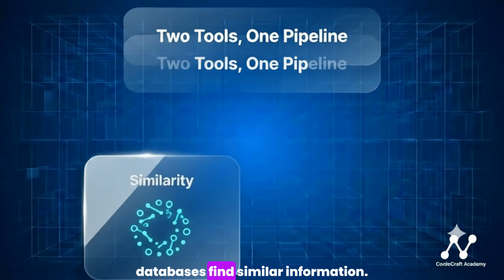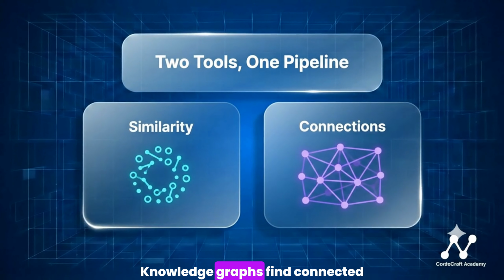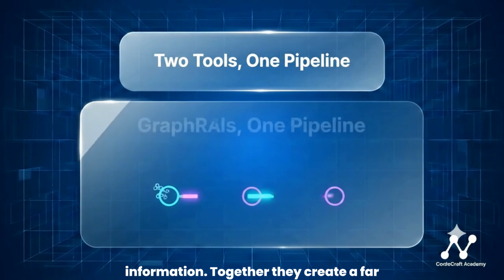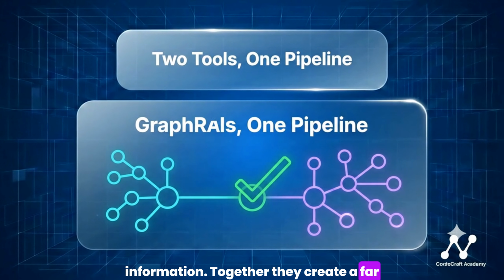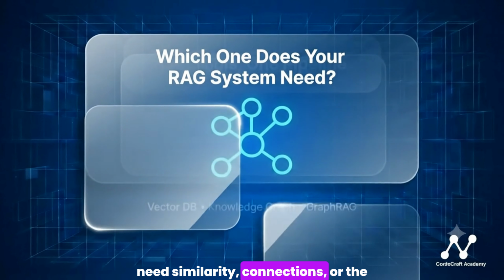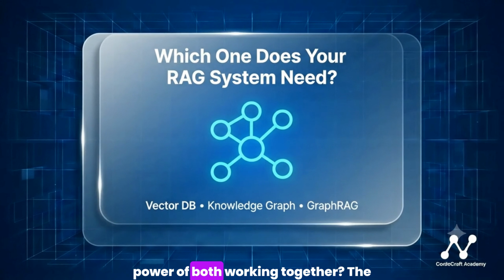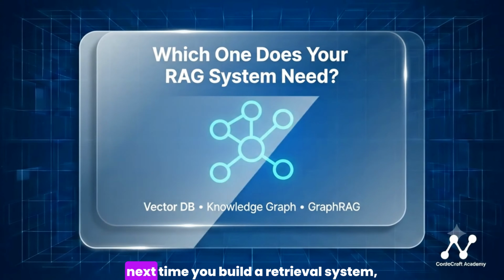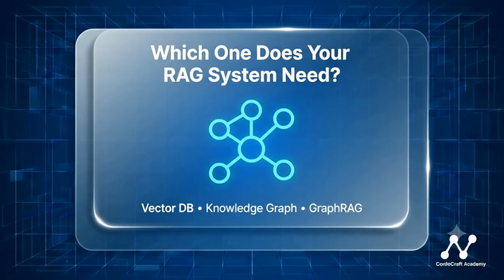Vector databases find similar information. Knowledge graphs find connected information. Together, they create a far more capable retrieval system. Do you need similarity, connections, or the power of both working together? The next time you build a retrieval system, ask yourself,